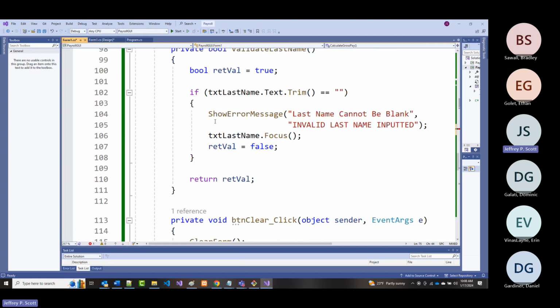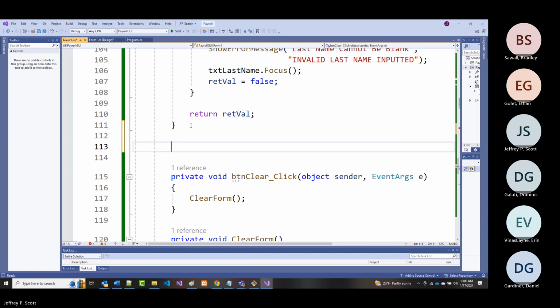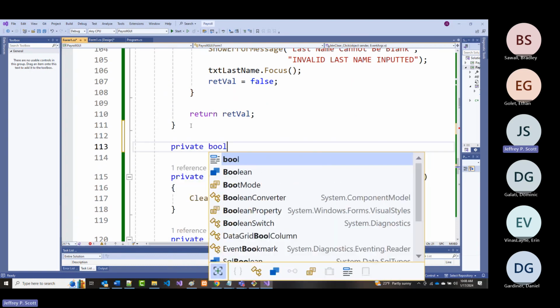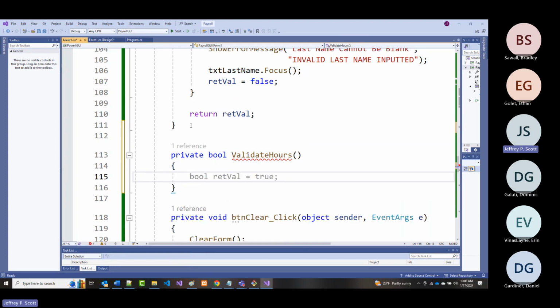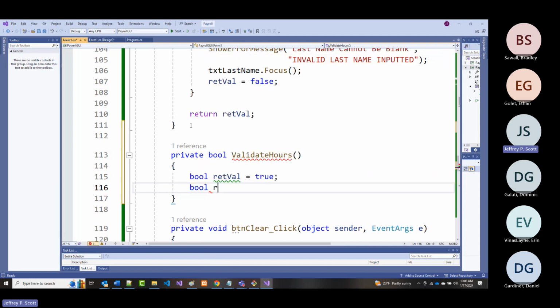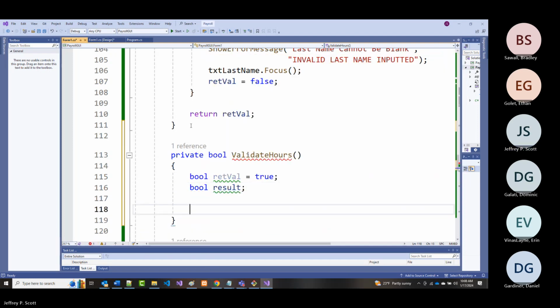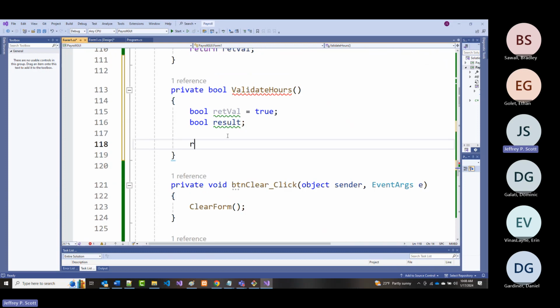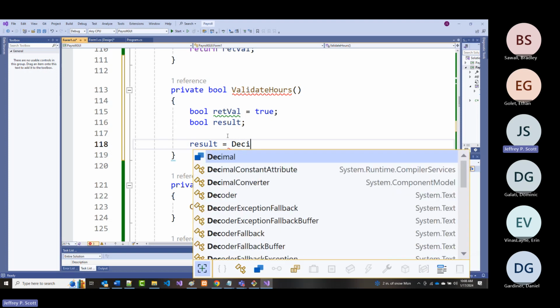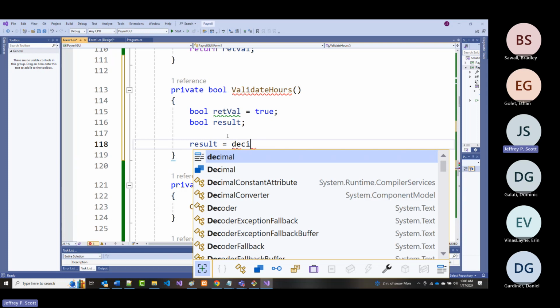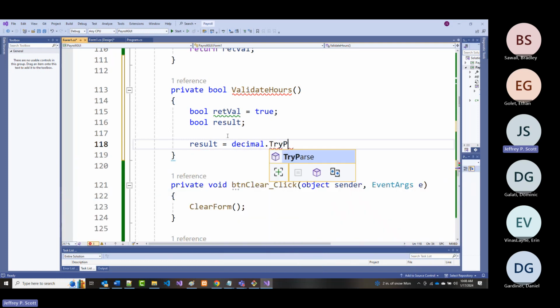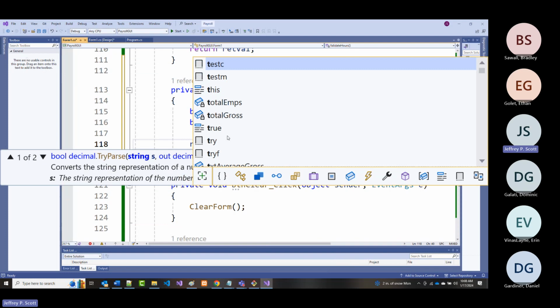I'll put it right after validate last name. Again, it's another private bool. And again, I'm going to have a ret val in here, but I'm also going to have result like I did before. And just like before, I'm going to say result equals decimal dot, and again, we can put decimal with a big D or a little d, dot try parse, and it's now txt